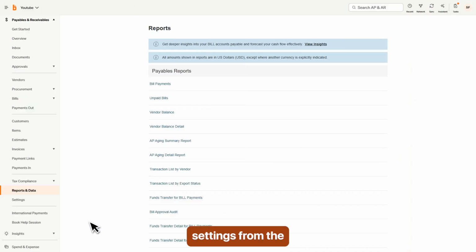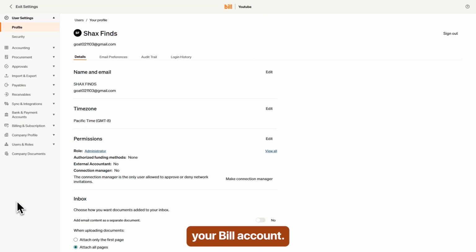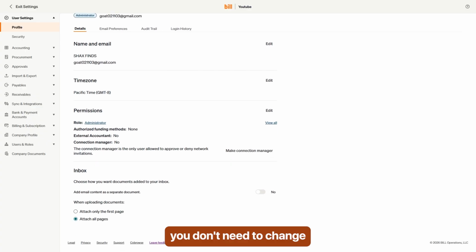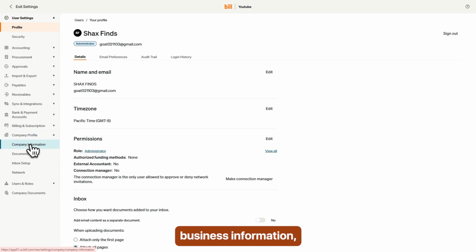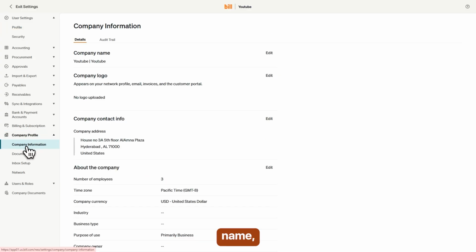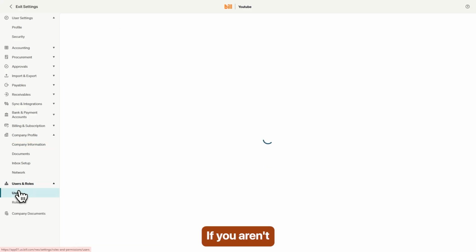Click Settings from the left navigation menu. Here you'll find the options used to customize your Bill.com account. Since this is a beginner tutorial, you don't need to change every setting immediately, but it's helpful to know what you'll find here. The Company Settings section allows you to update your business information, including your company name, address, and other account details. The Users and Roles section is where you can invite additional team members if you aren't working